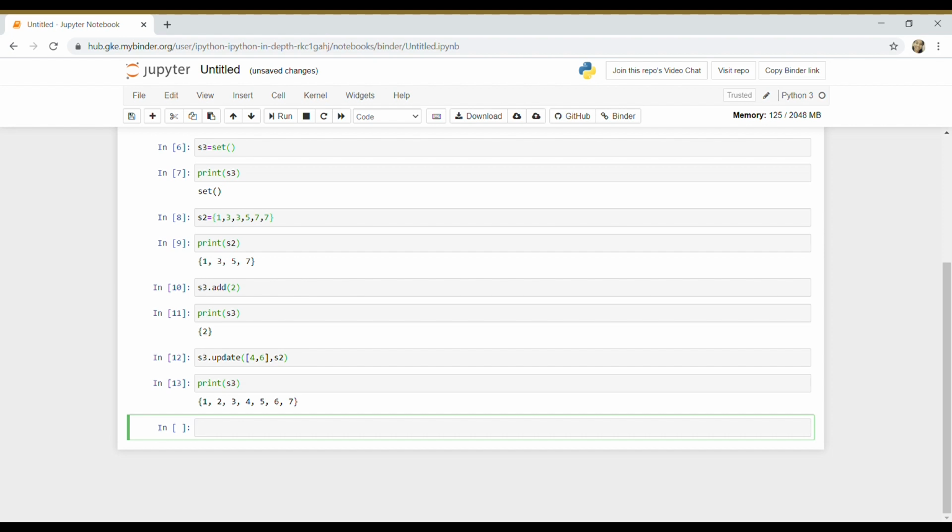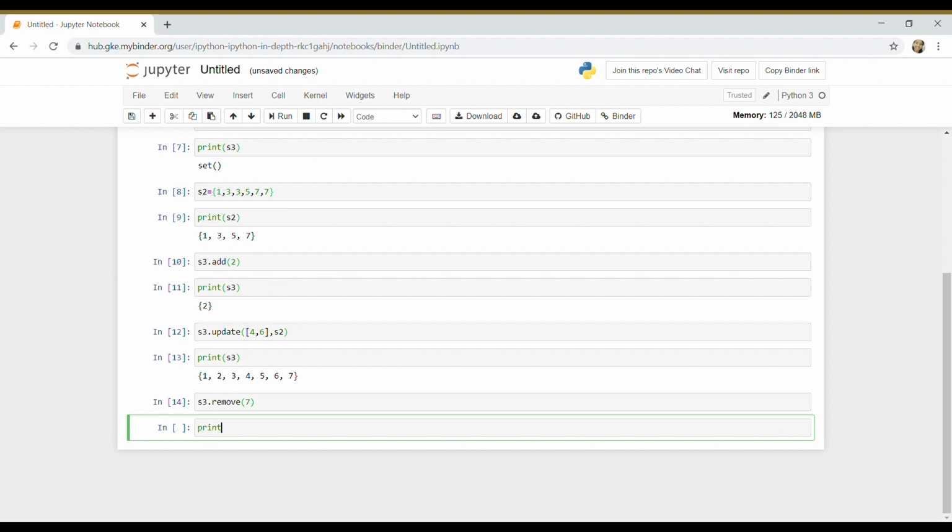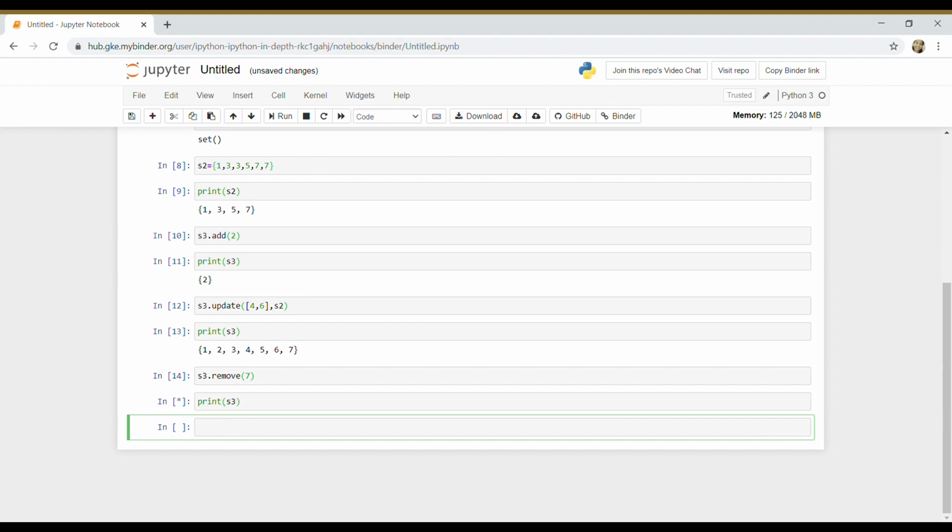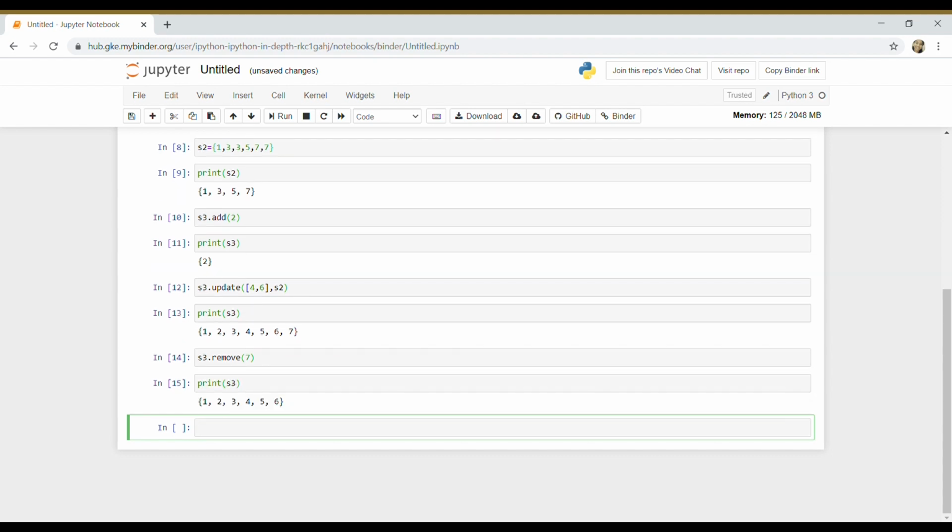Similar to adding elements, we can also remove elements from an existing set. There are again two methods for this: remove and discard. Let's say we want to get rid of the value 7 from set 3. So we just have to write s3.remove(7). This results in set 3 without the value 7. The difference between remove and discard is that if we use remove to delete a value from the set that is not already present in it, it generates an error.